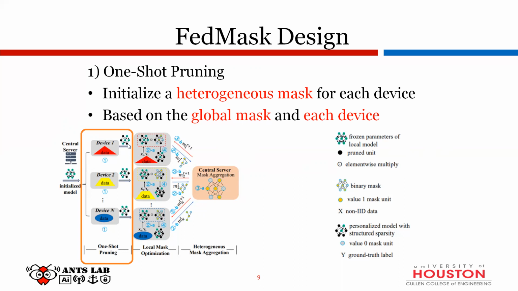So I'm a little bit confused about the one-shot pruning stage. After the one-shot pruning, right, each device cuts off some neurons, right? Yes. But they cut off the neurons differently, right? Yes. And according to the cut new local model, they generate the initialized mask according to previous slides, right? Is that true? Yes. Oh, okay. And later they update the mask according to the exchange stuff. Okay, gotcha.